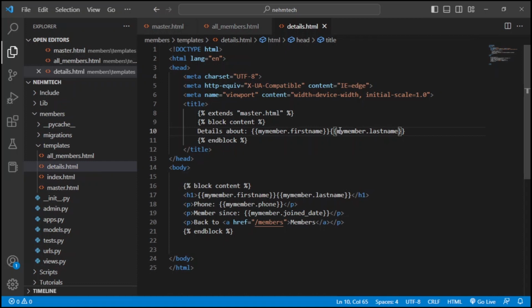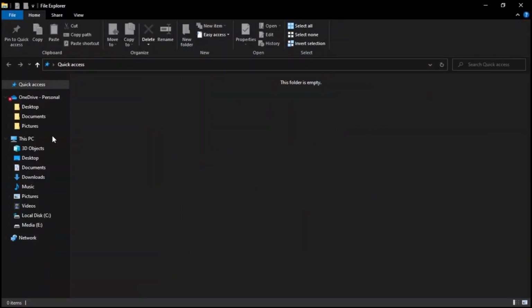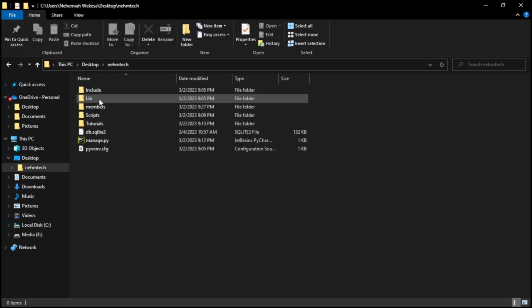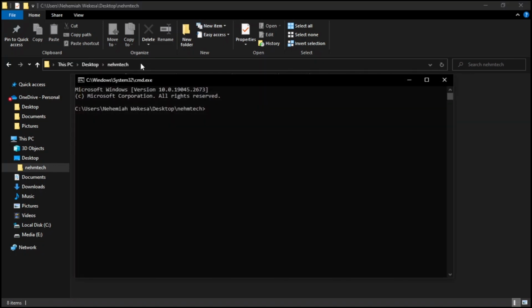Let's navigate to our browser. Basically, let's navigate to our project directory. Mine is at the desktop. And then click on this your project. Then here at the URL, just type in cmd, and then let's activate the virtual environment by typing scripts, and then a backslash activate dot bat. Remember, scripts is our folder, and